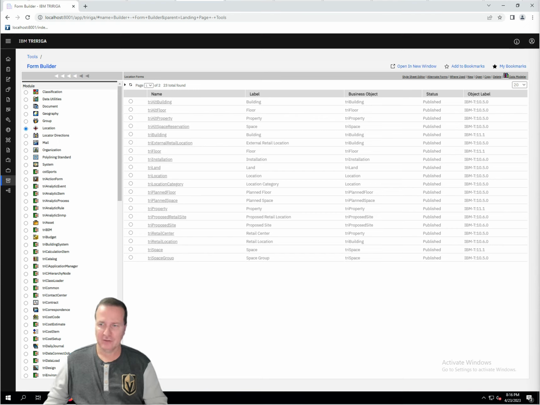So land. The land location, again, is recursive, and it's to help represent land parcels or construction plots for the real estate or capital projects applications that are inside of TRIRIGA. Location category is typically not representing an actual physical location, and it's used for grouping and organization, right? Plan for, just like the name says, right? It's used to design,